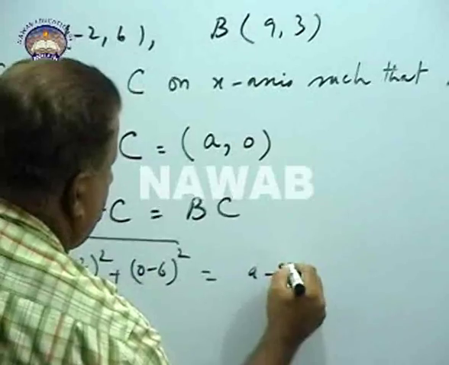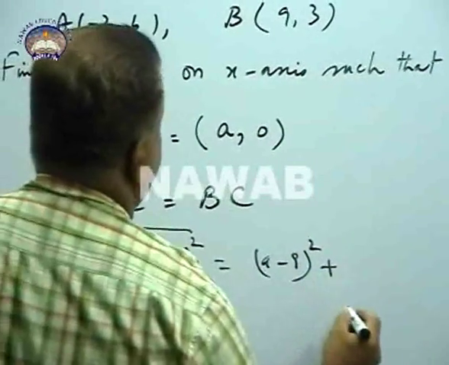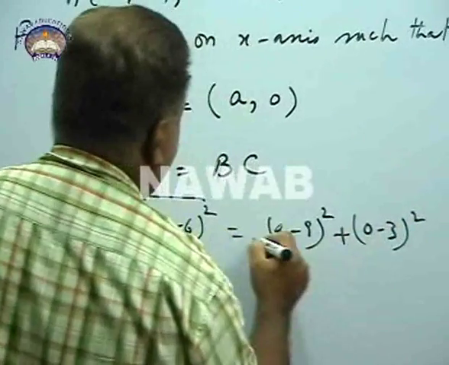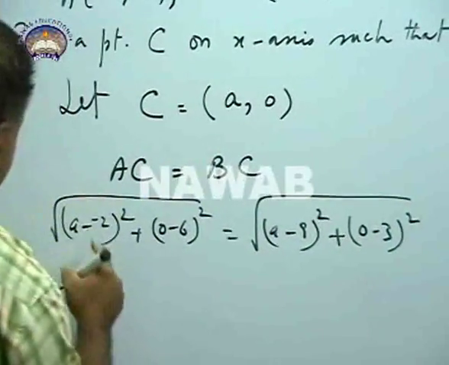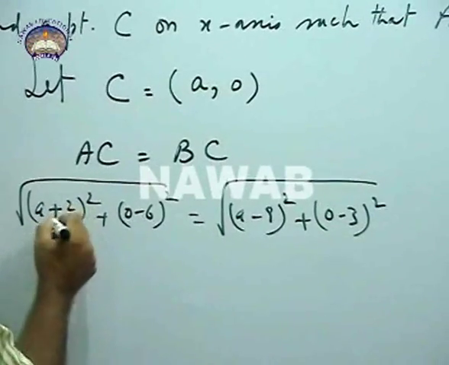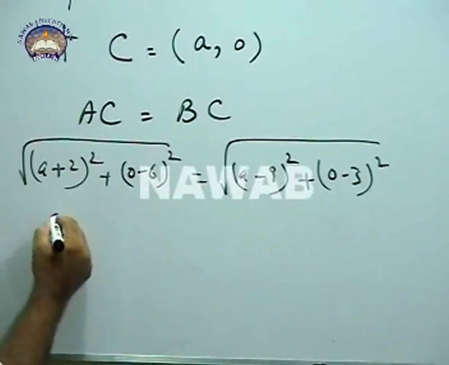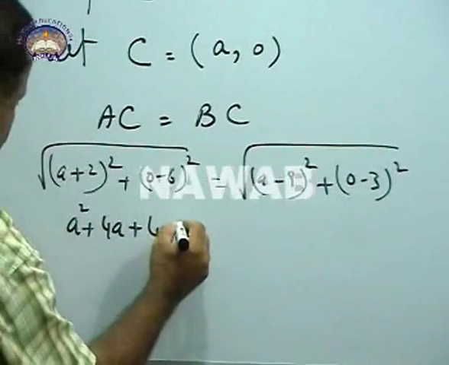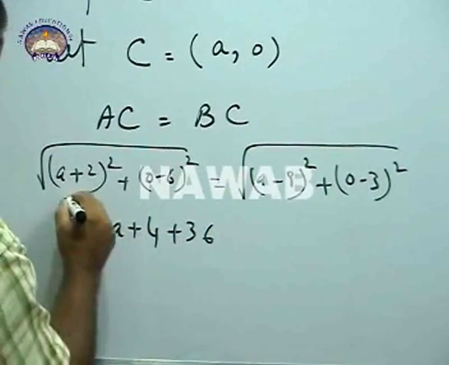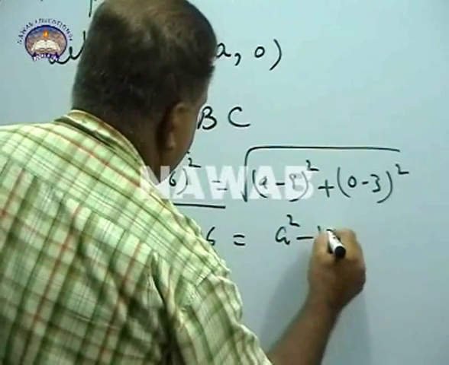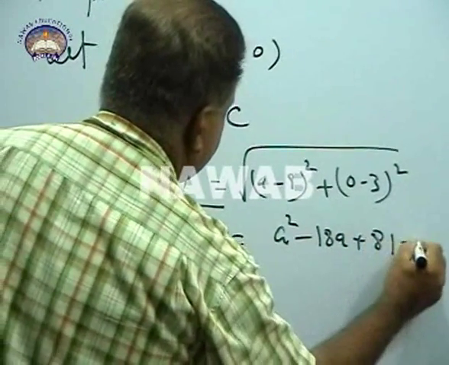It is under root of (a minus 9) whole square plus (0 minus 3) whole square. So this is basically minus into minus, it becomes plus. So we can expand this square. Under root a square plus 4a plus 4 plus 36 is equal to